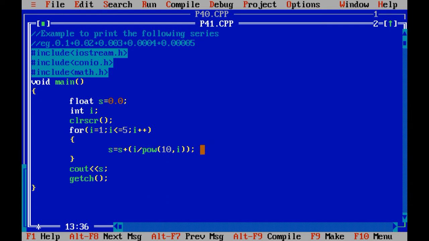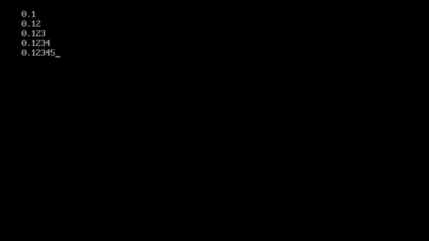At that time you will get such kind of output. Let me write \n over here, so that after each iteration, see over here 0.1, then the output is 0.12, then 0.123, 0.1234 and 0.12345.